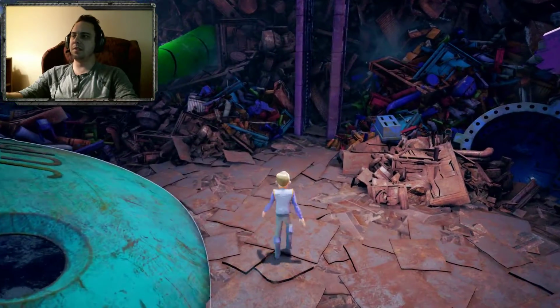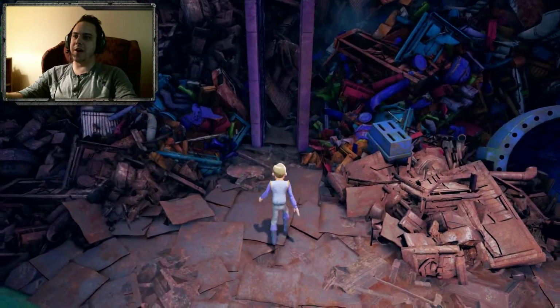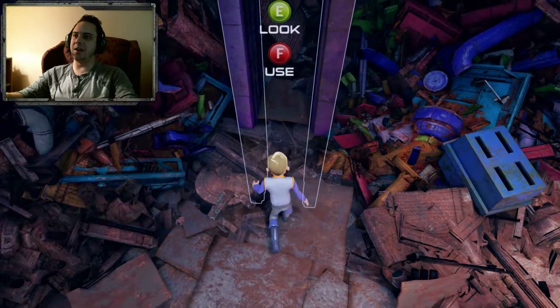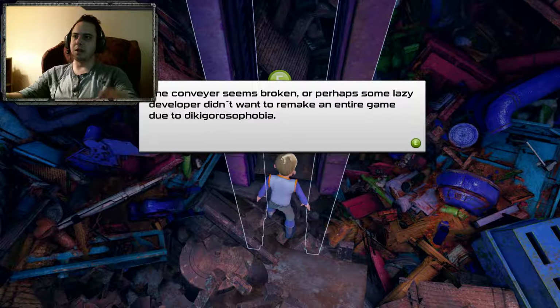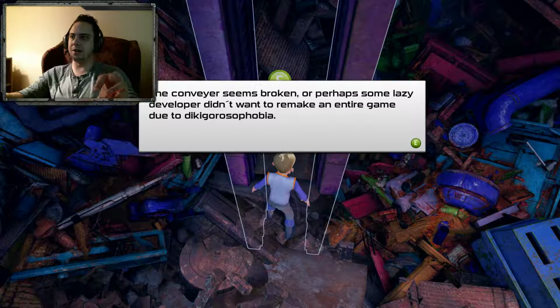Okay. So, this is the thing you jump on, and normally there's a device that'll take you up. Buckets are attached to a conveyor. They haul metal debris to a horizontal conveyor above. The conveyor seems broken, or perhaps some lazy developer didn't want to remake an entire game due to